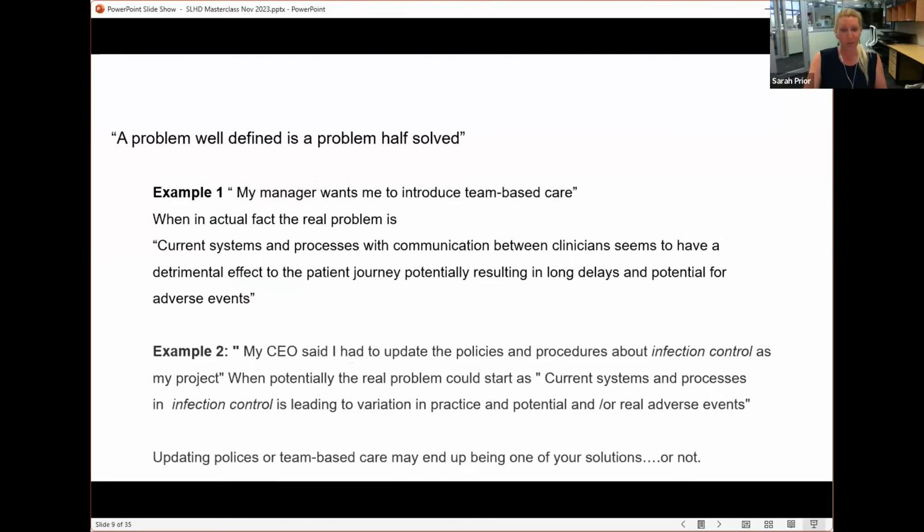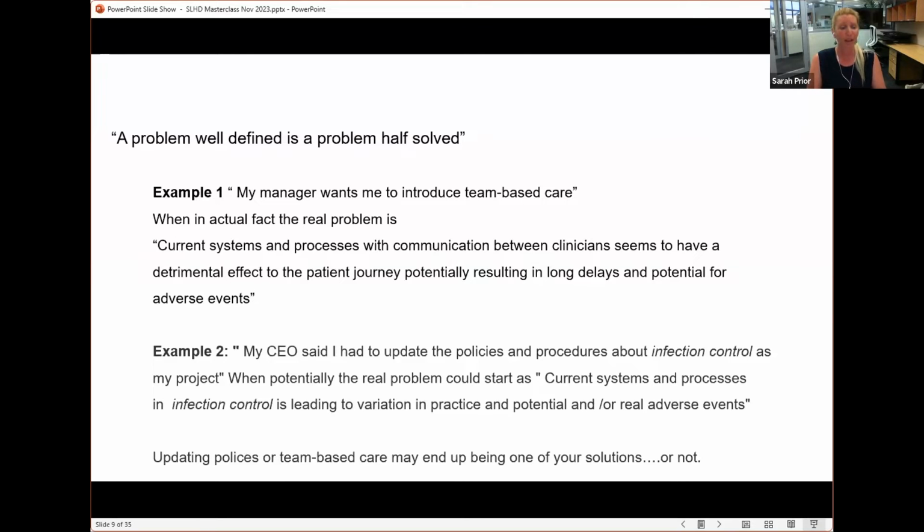So getting back to the problem, just as an example, I've put a couple of problem statements up on the slide here. So the first one suggests someone's manager has come to them and said, I want you to introduce team-based care. So straight away, that's actually a solution. That's not a problem. But the problem might actually be that the current systems and processes with communication between clinicians seems to have a detrimental effect to the patient journey, potentially resulting in long delays and the potential for adverse events. So we've flipped that around to really define what the problem is and not coming into that with a